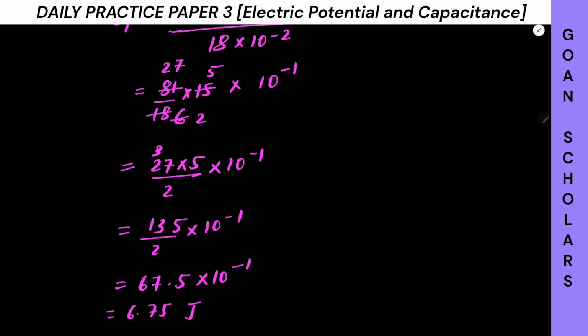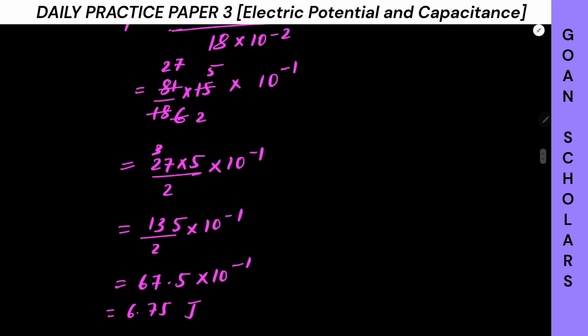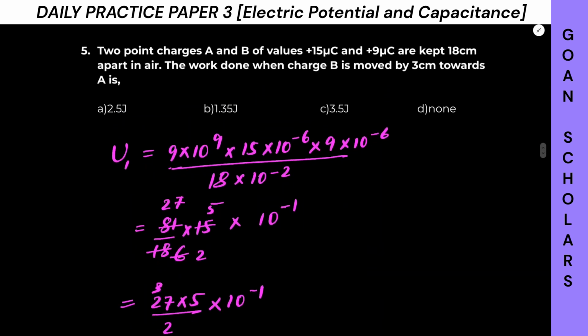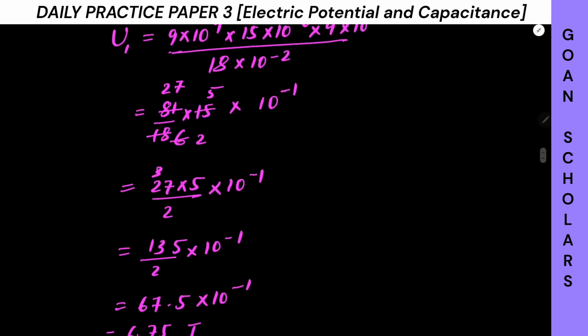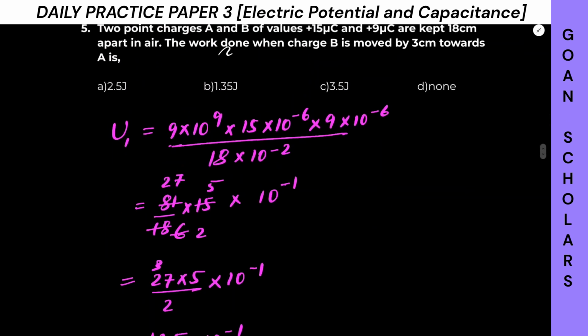joules. Now this is the energy when they were 18 centimeter apart, right? Now you have to find the energy when they are moved by 3 centimeter. So if you keep getting them a little closer by 3 centimeter, what's the new gap? 15 centimeter, right? Let me repeat. Initially they were 18 centimeter apart. Now if you are moving the charge B by 3 centimeter, you are keeping them at 15 centimeter. So let me write U2, that will be K